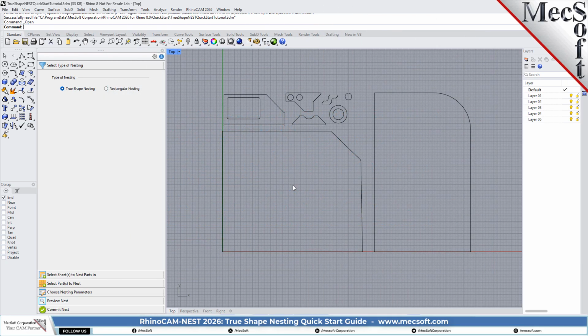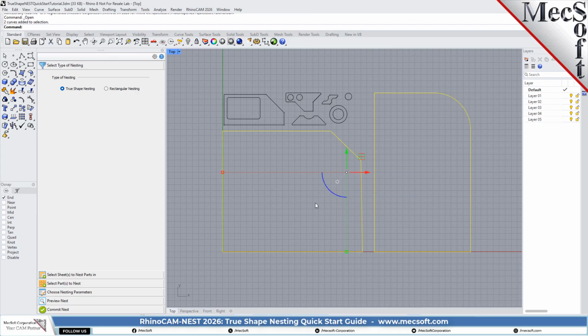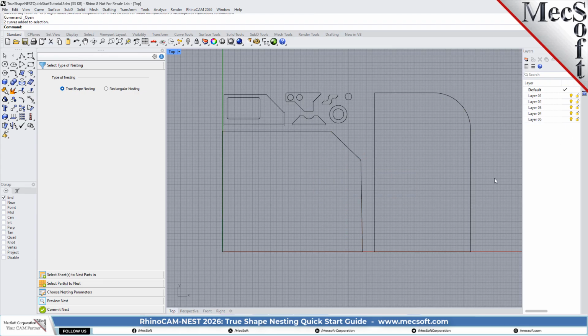Let's take a look at what we've done in Rhino to prepare for nesting. You can refer to this as the staging process. We have brought together and located on the screen the geometry that we want in the nesting process. As you can see, we have one or more shapes that represent the stock or the remnant material. We also have one or more shapes that represent the production parts that we want to nest within the stock